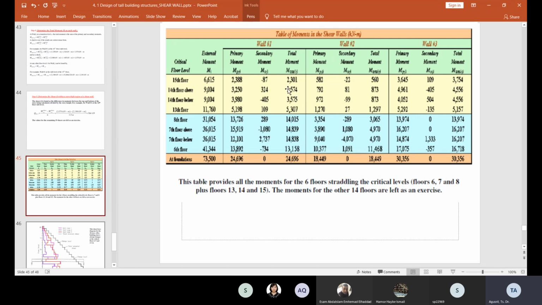But when you design for the wall, if you want to cater for the gravity load, it means you need to also consider the effect from the axial load from the gravity load, and also the bending from the gravity load, so that the total moment will increase due to the contribution from the gravity load.